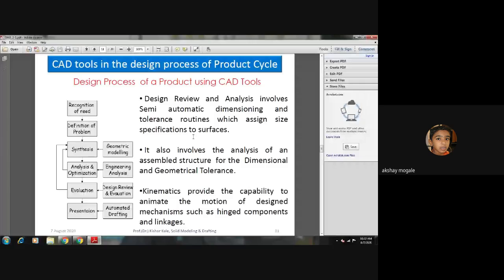Actually, this geometrical tolerance, all these things will be taken care of in your practical hours. Do you know GD&T? Do you know your syllabus structure?